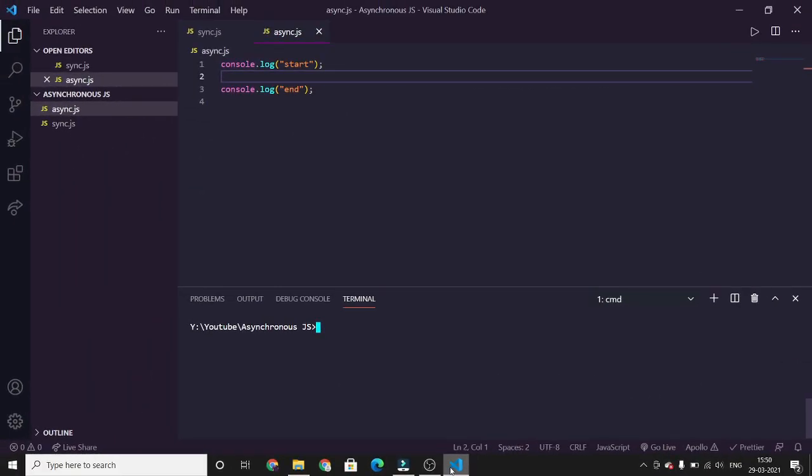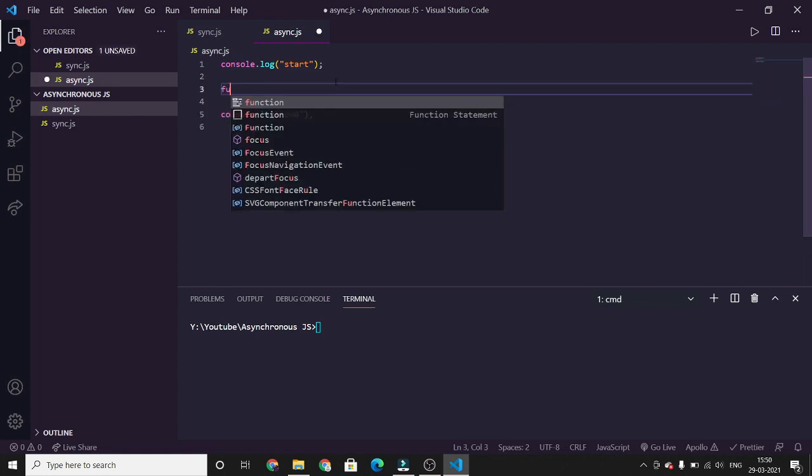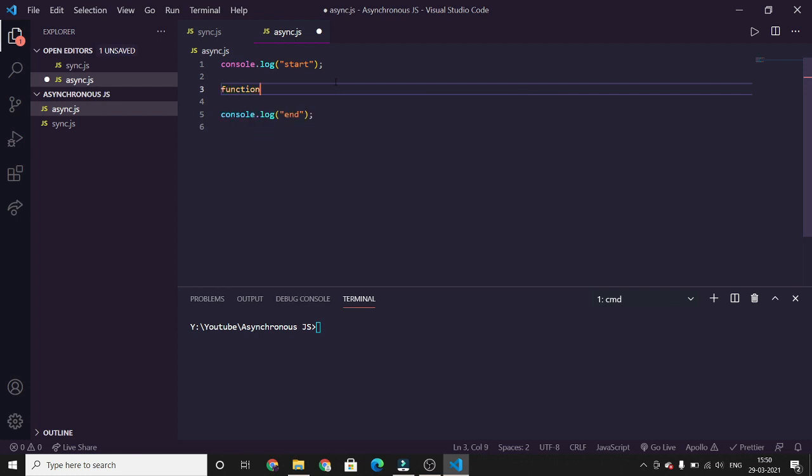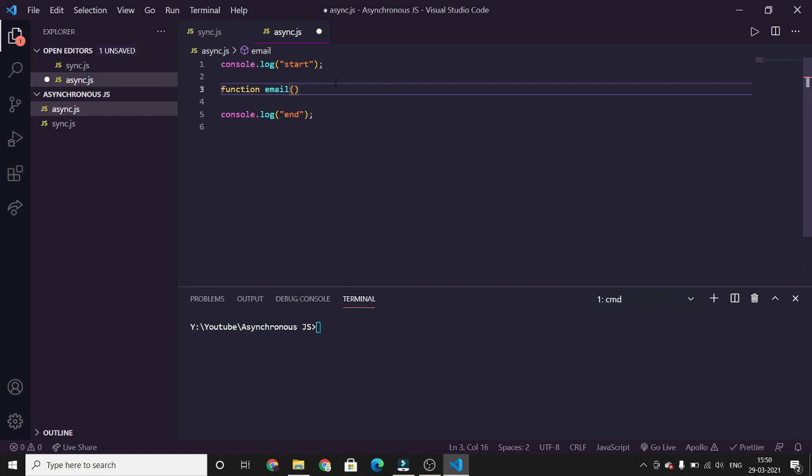Now, let's see what the problem is with writing code synchronously. We will write a dummy code to fetch data from the server. So we'll define a function named email. We will pass parameters uname and password.